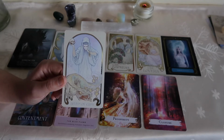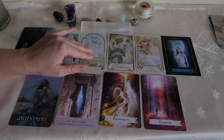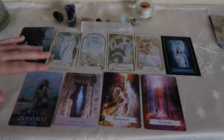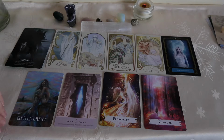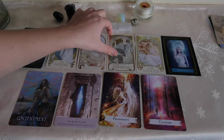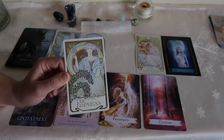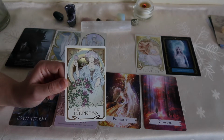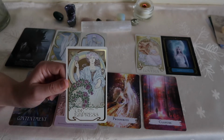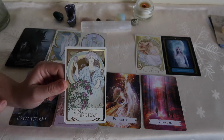And yeah, I do get the sense that it's more of a dreamy sense from here, that you're quite like a positive person, I feel. And with the Empress here, Empress to me represents, one, she's just generally very beautiful. She's a very beautiful woman, so it could be that you are very physically attractive, and in that physical attractiveness, I feel like people see you and just think that I